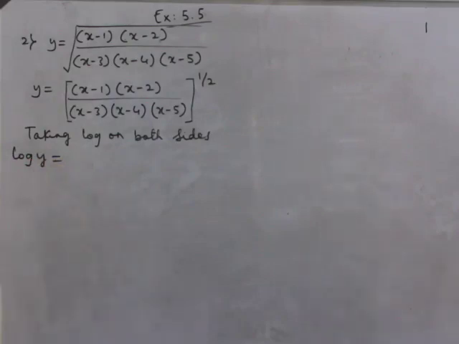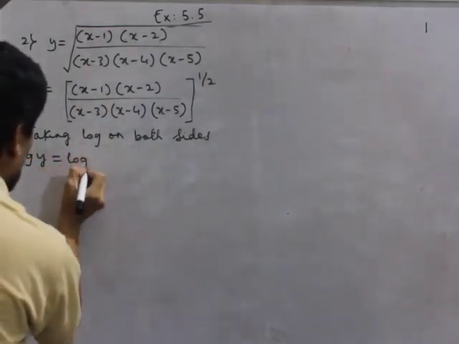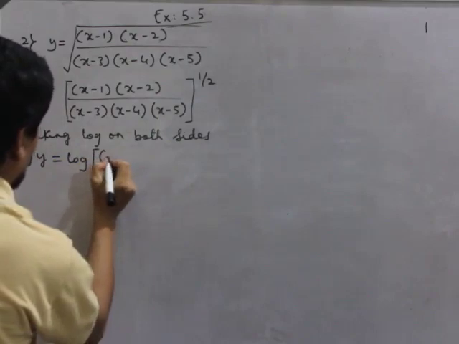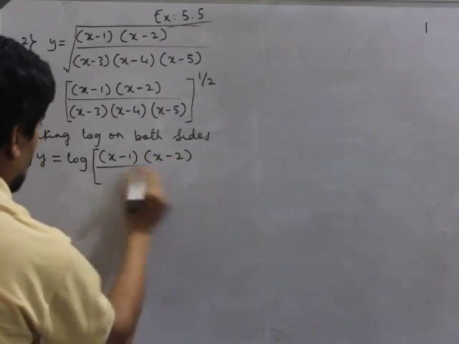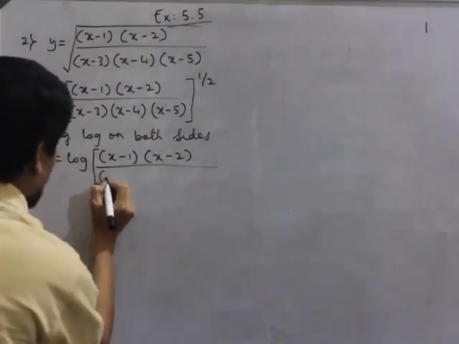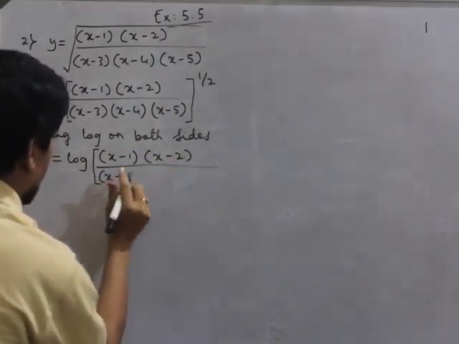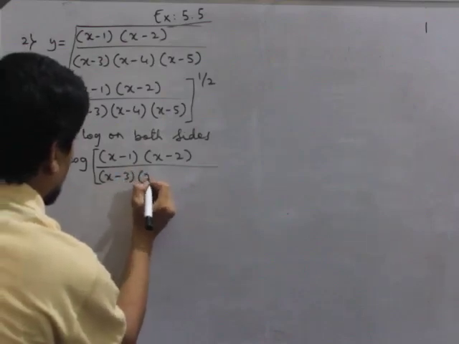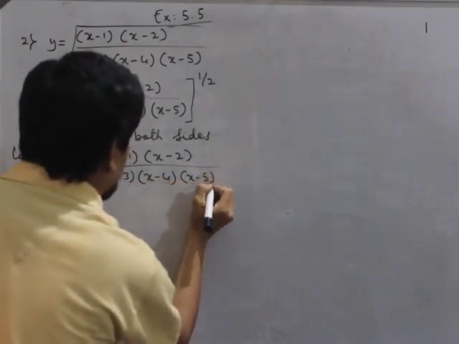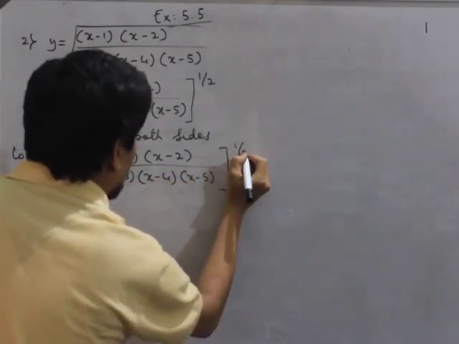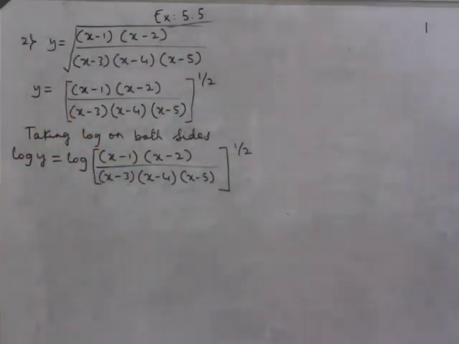Log y is equal to log of (x minus 1)(x minus 2) divided by (x minus 3)(x minus 4)(x minus 5), to the power of 1 by 2. So first consider y is equal to the given function, then take log on both sides, and the next step,